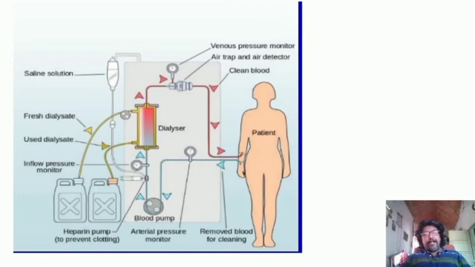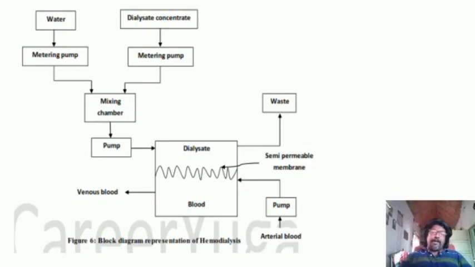So in the next slide we will be showing you the block diagram where I will be explaining the working. If you compare both the slides, I mean both the diagrams, you will get the complete picture of the working of the dialysis. There will be 2 tubes that are connected to the hemodialysis section, and blood flows from our body to the machine through one of the tubes. That we have to understand.